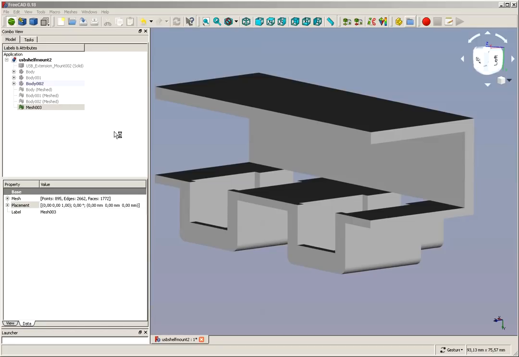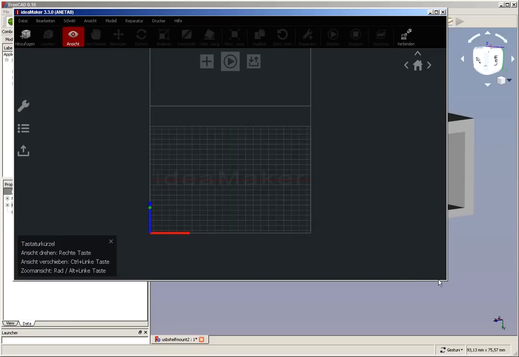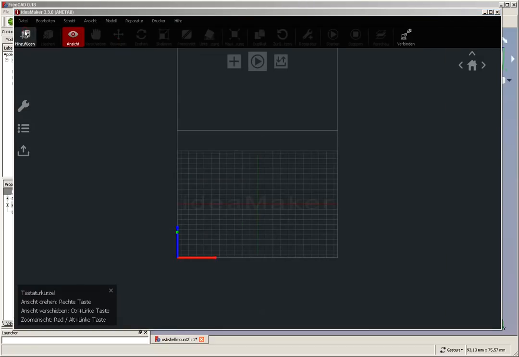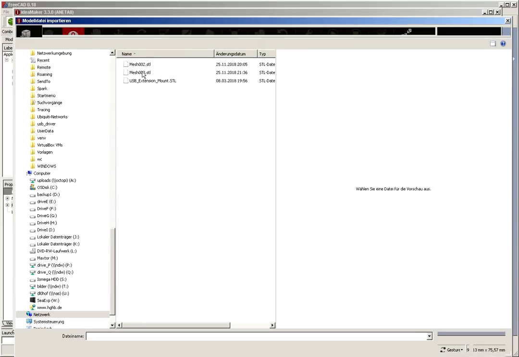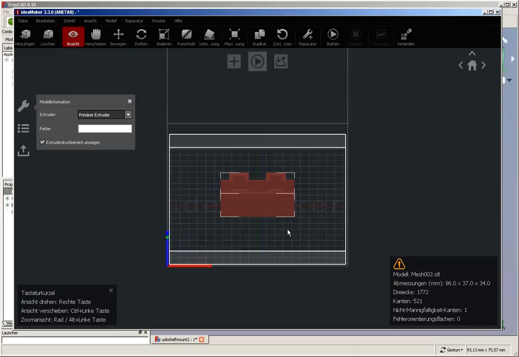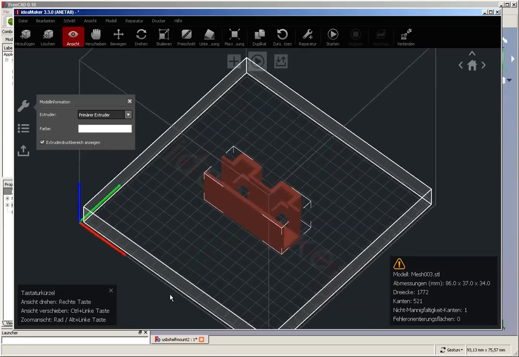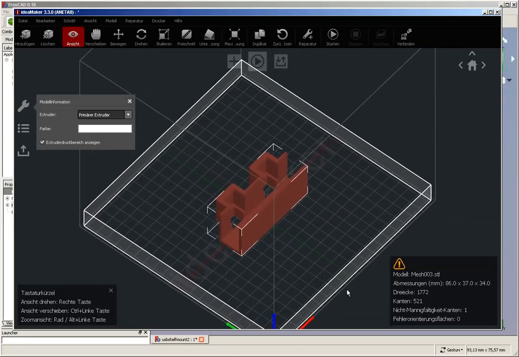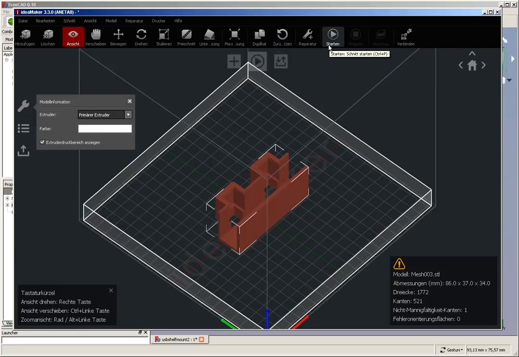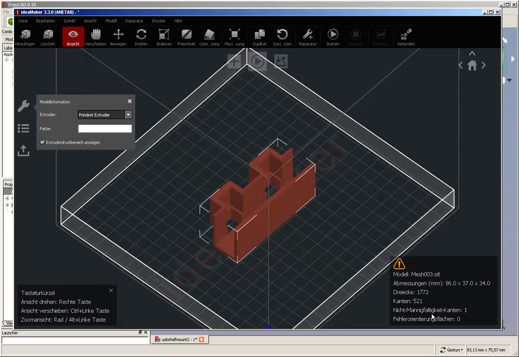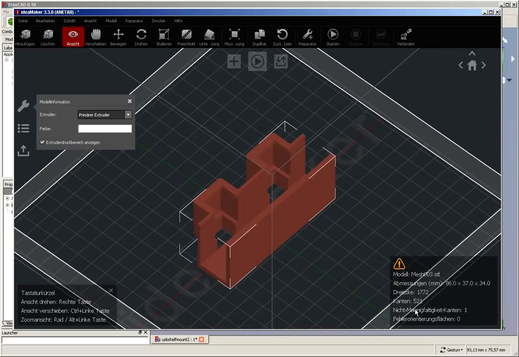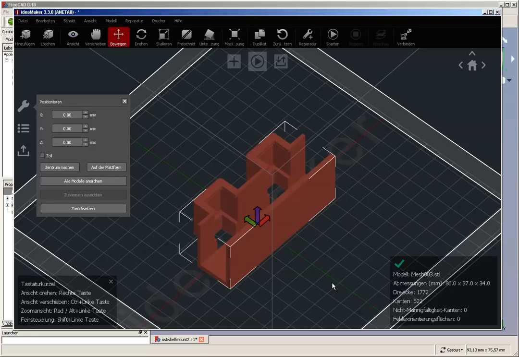STL. I open my favorite slicer, put this at a little bit of size, and add this mesh 003. And as we can see, it looks pretty well. Unfortunately, it has one non-manifold edge. It may happen that if you do this with a not so sophisticated slicer, you can run into trouble. This one is no problem, it just has an auto repair, and I let it repair, and now I can